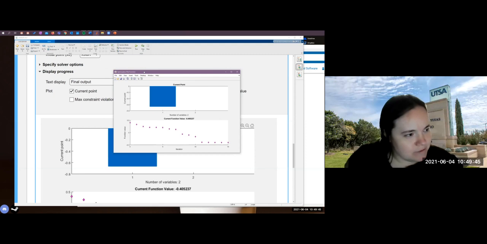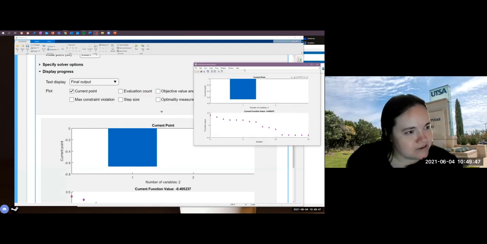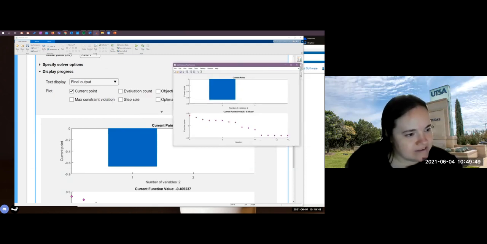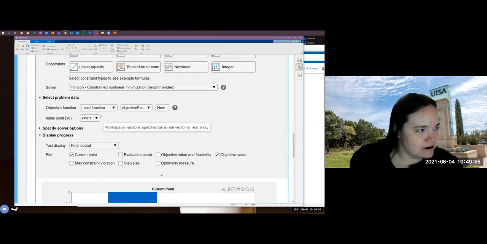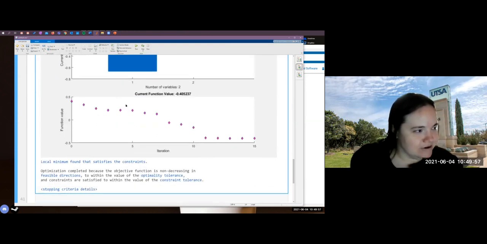You can get a remarkable amount of information out of this though. So for example, I can see that we're kind of flatlining here. I probably don't need much more than 15 iterations. This is good to know for defining your